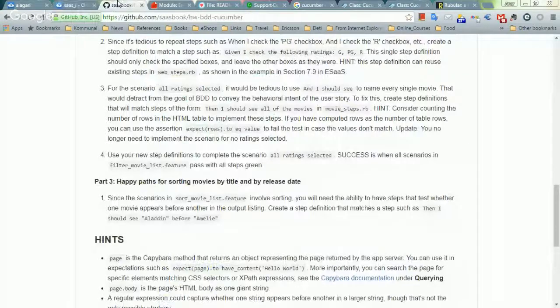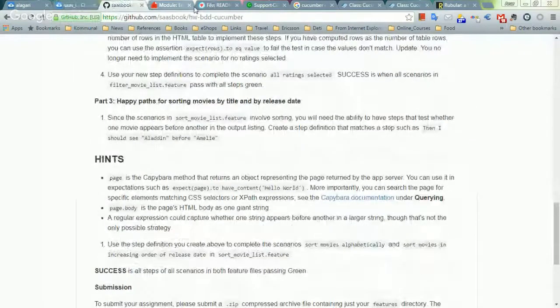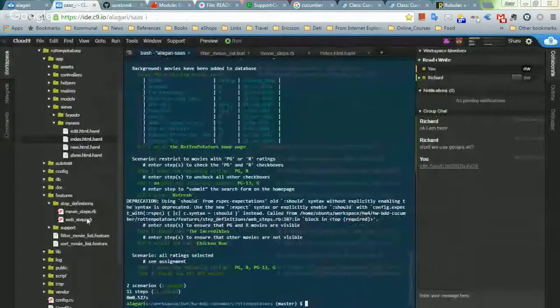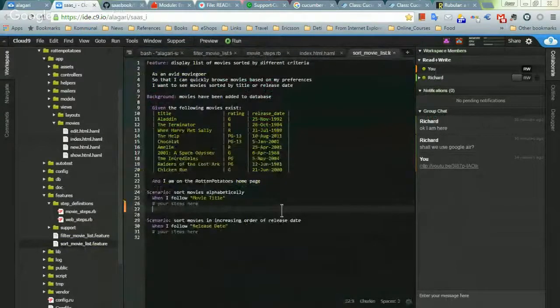Now my part, right? Part 3. Yeah, right. Since the sort movie list feature involves sorting, you will need the ability to have steps that test whether one movie appears before another in the output listing. Create steps such as "then I should see." Okay, I'm opening the sort movie list feature, and I put my steps here. Then I should see